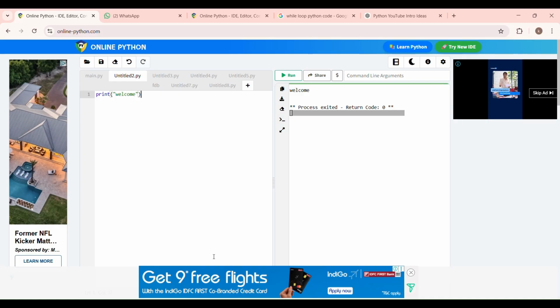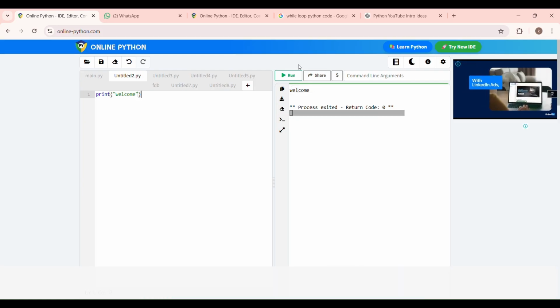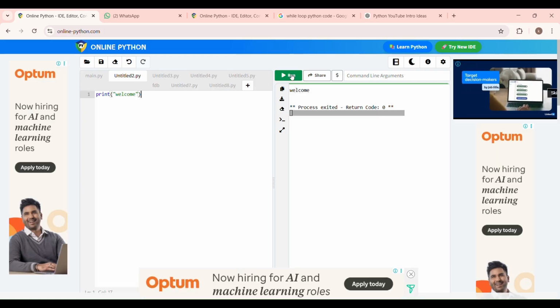Print means we are telling the computer to show what we have written here. Like we have written welcome here, right? In between the brackets and the first space. So we are telling the computer to print this on its page. I'm using a normal